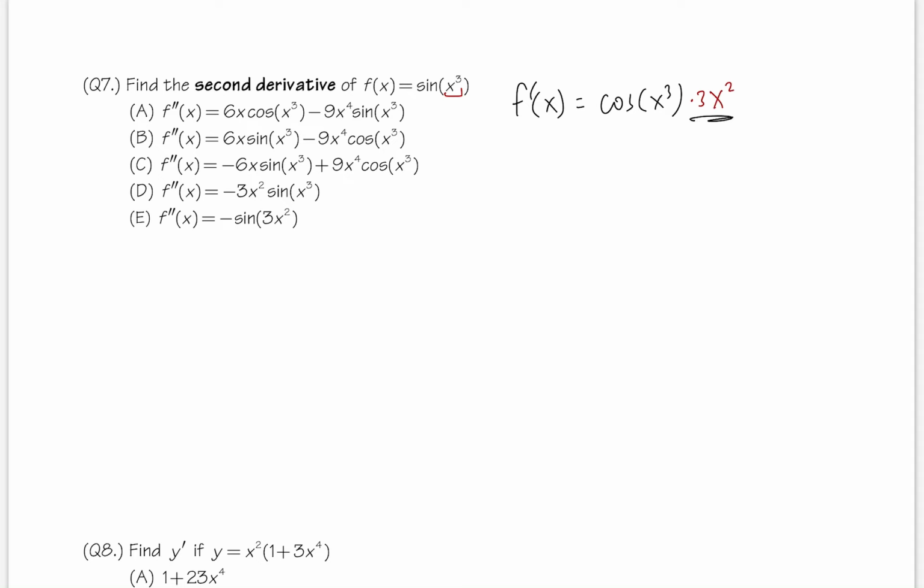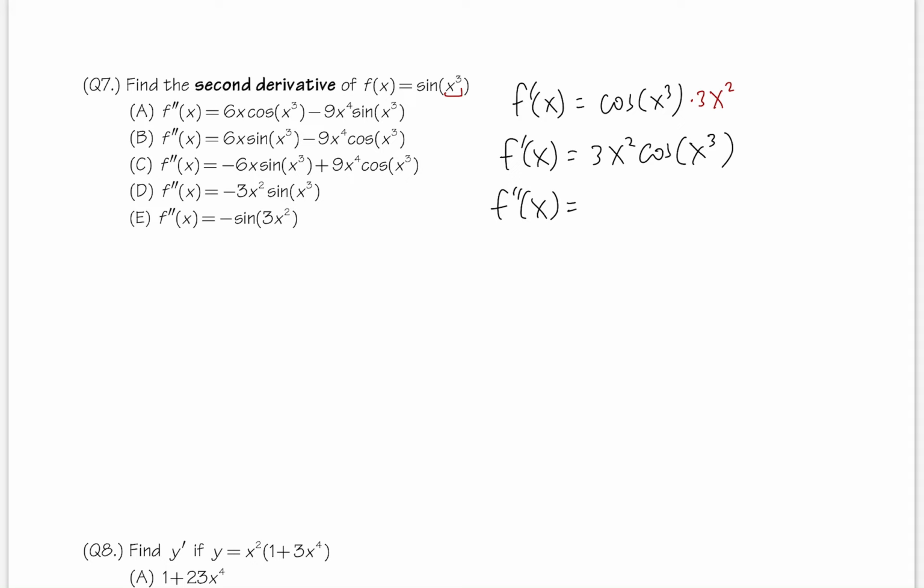Usually we like to have the polynomial terms go first also. Let me rewrite it. F prime of x equals 3x squared times cosine of x to the third power. We're not done yet. One more time. F double prime for the second derivative. Here we will use the